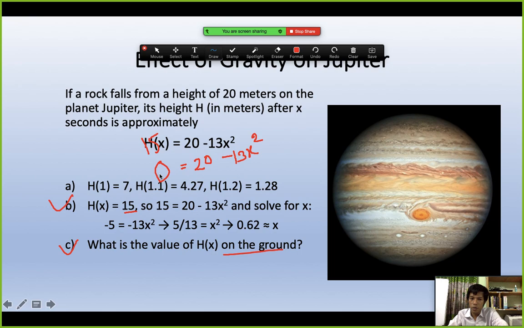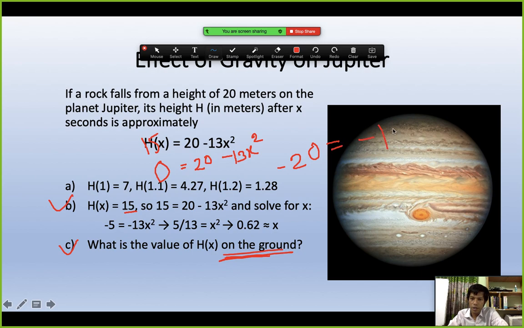Why 0 here? Because it said that it is on the ground. So that means the rock is now on the ground, which means there is no height now. That's why. Then 20 will go to the other side, which will make it negative. That means minus 20 equals